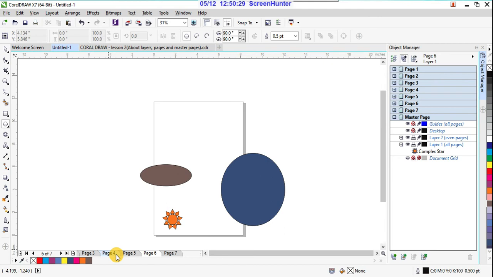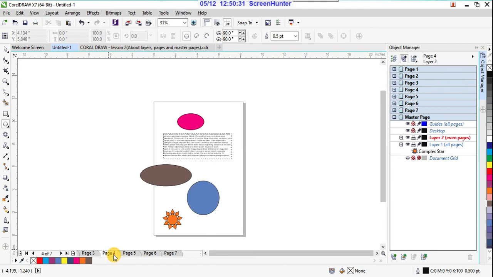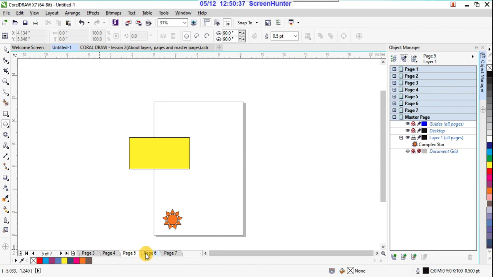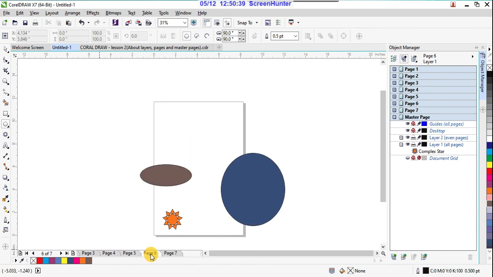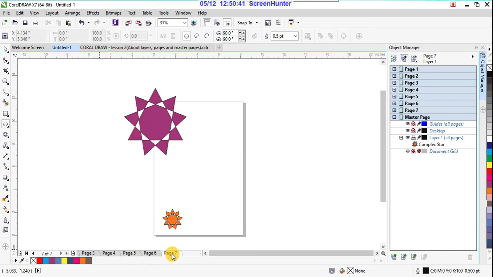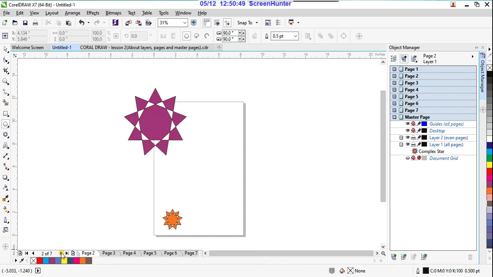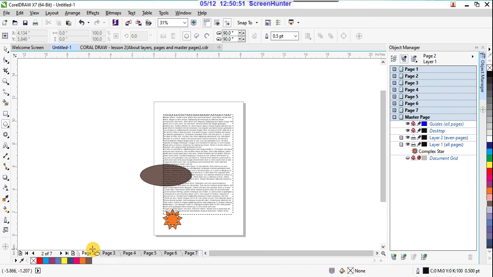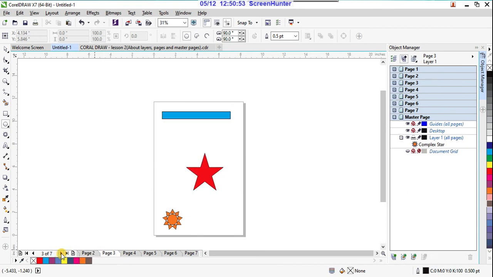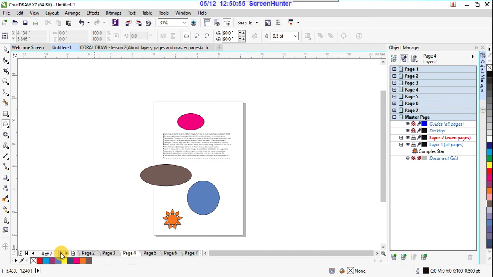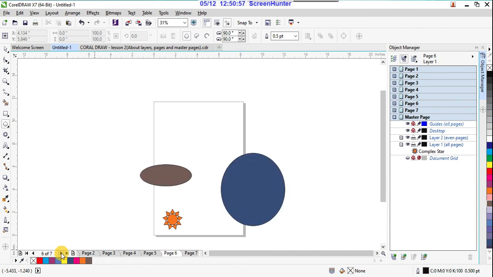Because we used it for even numbers, you are not seeing this patch in page 5, now it is there at page 6, not there in page 7. See, in 3 also it is not there. See, in 2 it is there, right?